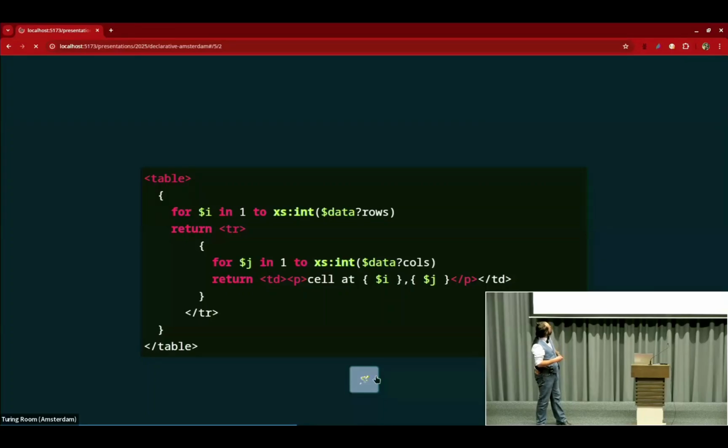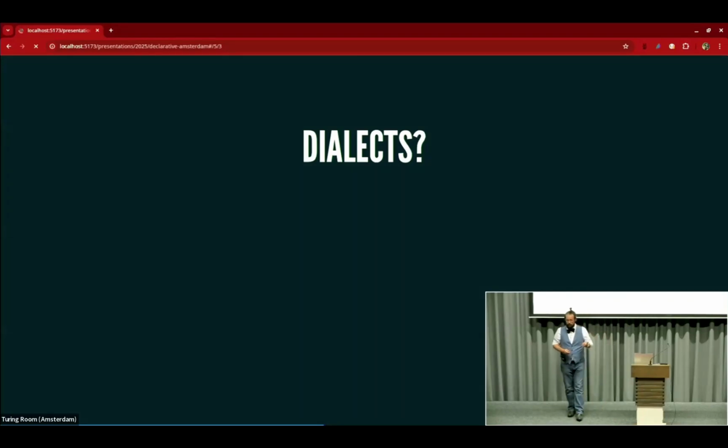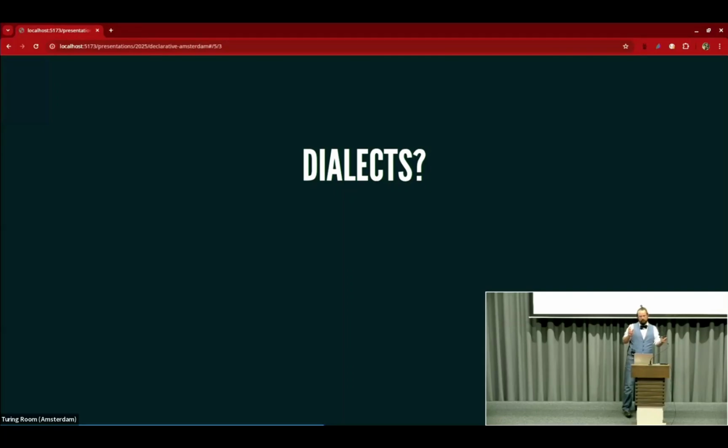So your next question would likely be, how about dialects? As some of you might know, XQuery is just a language, but there's a bunch of things that are built on top of XQuery. You have your XQuery update facility that starts to mutate nodes. XistDB has a really cool different kind of update facility. That's not really update facility, using different keywords, using different syntax constructions. I know that XQuery full text exists. That adds even more keywords. I know that BaseX has their own little flavor of if-else conditions. That is not necessarily compatible with the if-else conditions that we saw yesterday with Yuri, but it is similar.